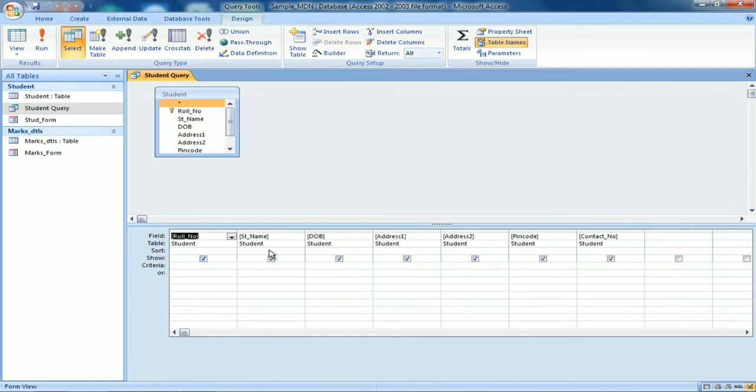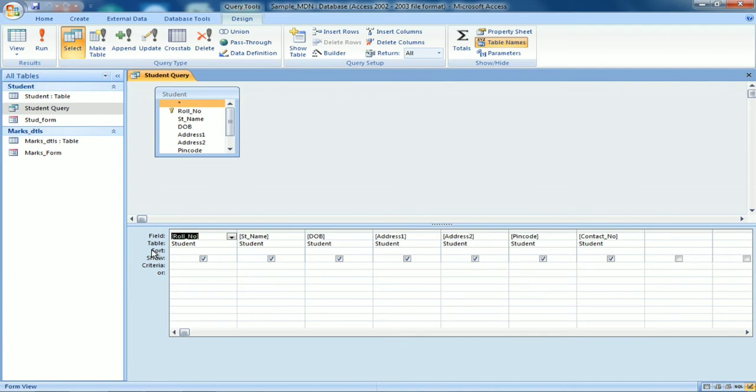Now what does the query design look like? Field name roll number, table name student; field name student name, table name student; date of birth, address 1, address 2, pin code, contact number, all from student.